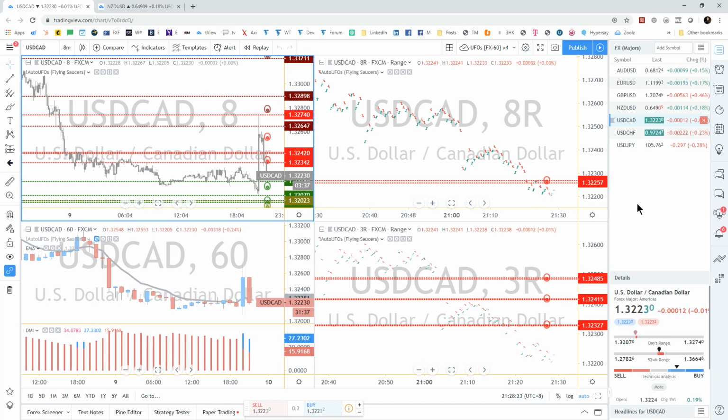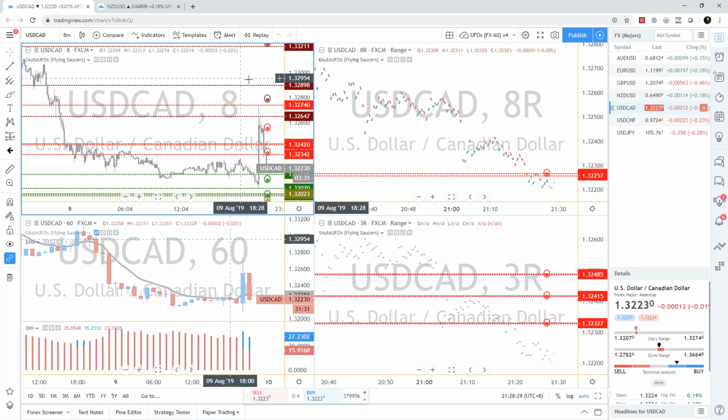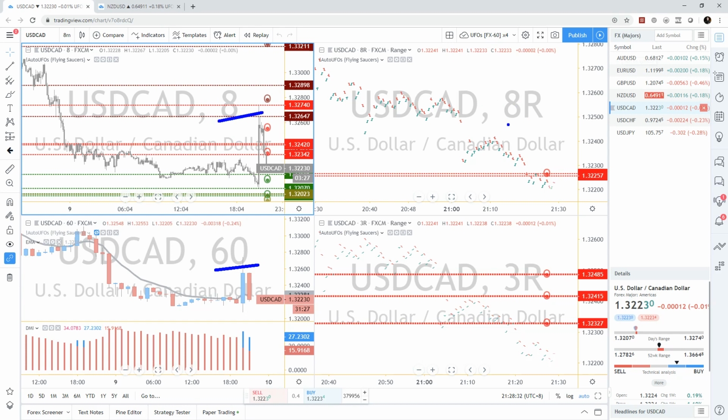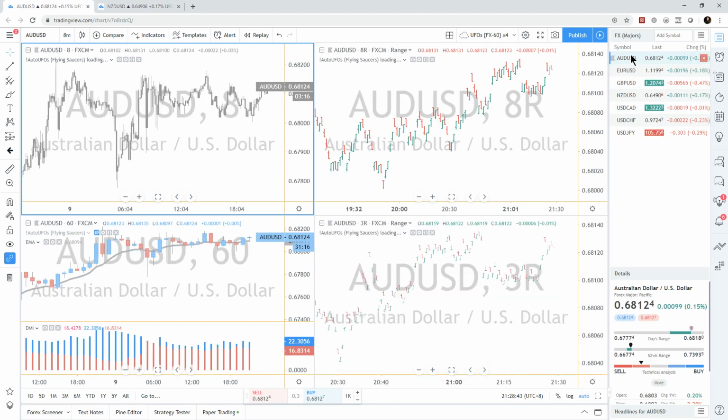We have our beautiful TradingView in front of us. We have the list of majors. The setups I'm using right now is 60 minutes for the common time frame, 8 minutes and 8 range for the edge time frame. Okay, and I'm going to start with the top of the list with the Australian dollar to see if we got